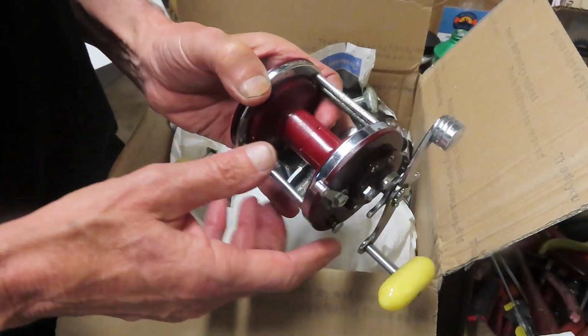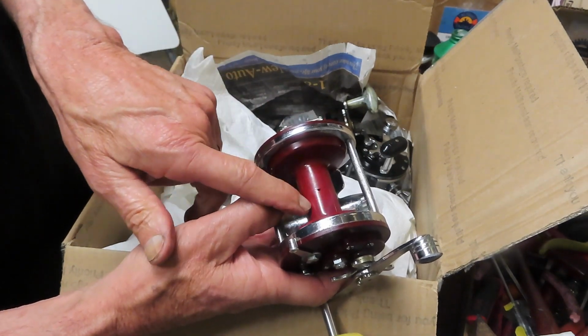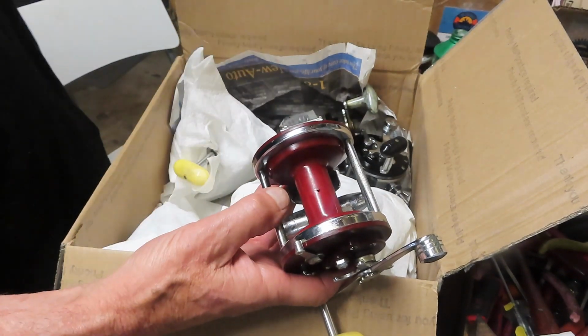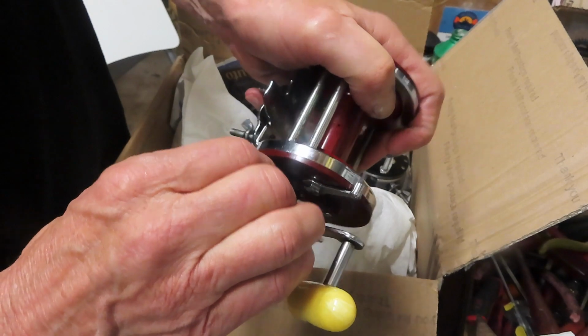A lot of times you see the old timers would put string, tape, all kinds of things just to build up the spool so they didn't have to waste line, and then they would build out from there. So it's a lower capacity spool, but if you're in shallow waters all the time, it doesn't matter much. This features the single take-apart screw system,